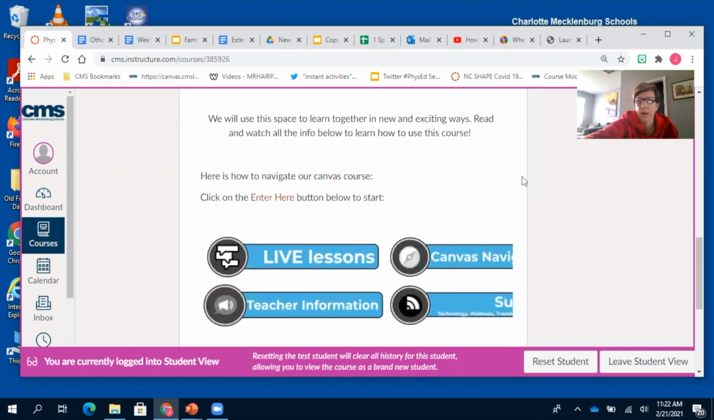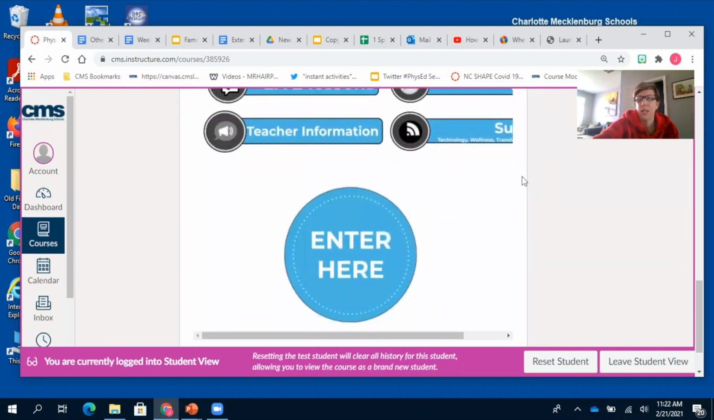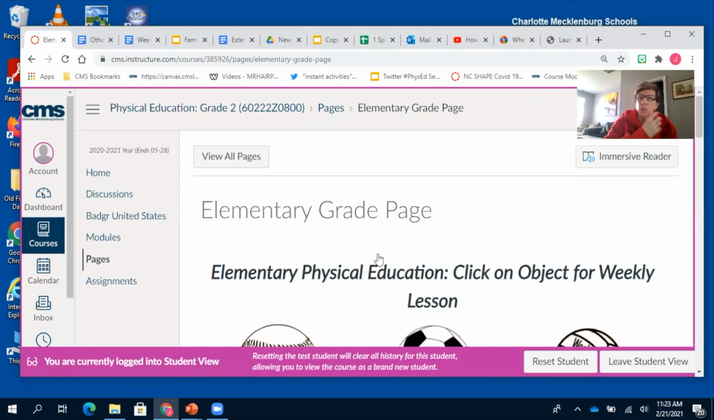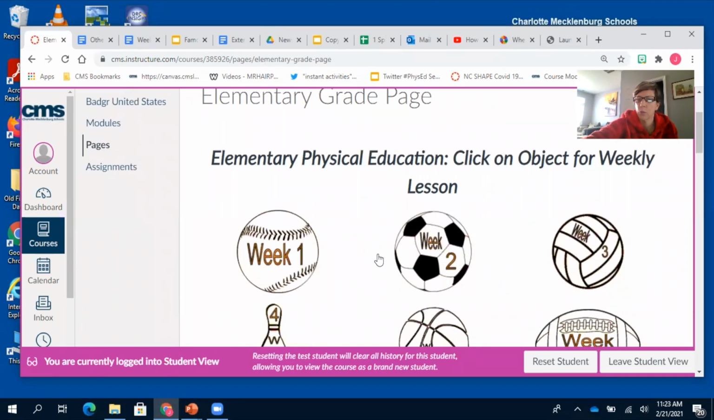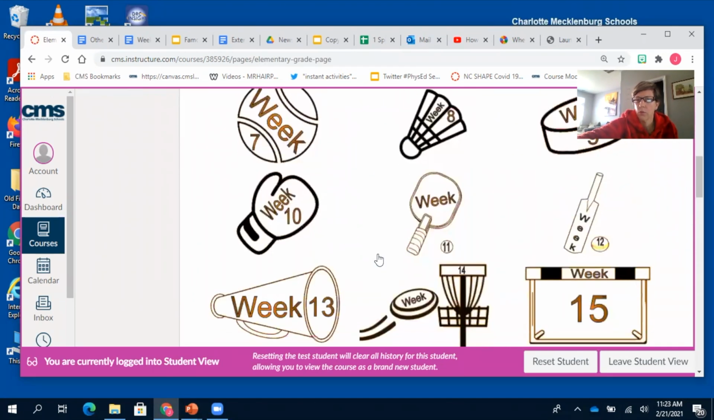When you scroll down, you will come to the enter here button. Click on the enter here. Okay, and then it will take you to the elementary grade page or physical education page where it has a lot of sport icons. So if you scroll down,